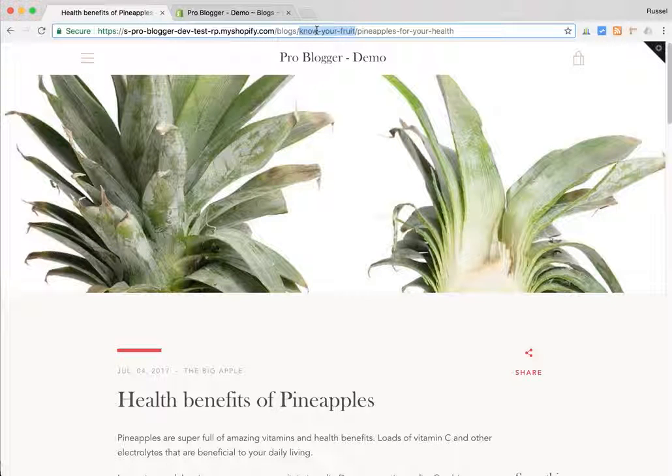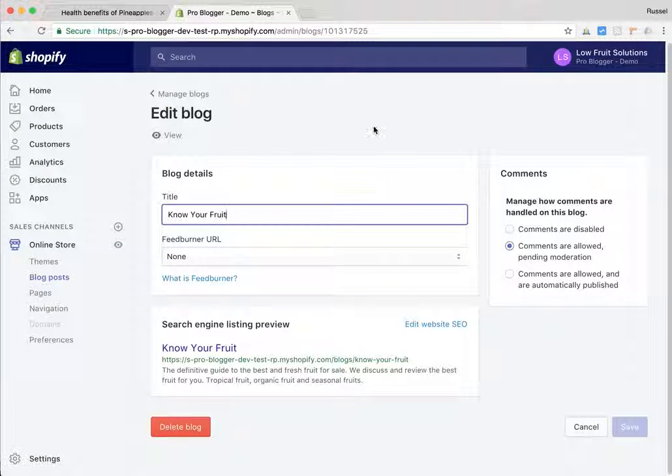It'll add weight to it. So having news there is a bit too generic. I would change it to something that's more relative. Now, when you do change it, besides changing the title here, what you also need to do is also click